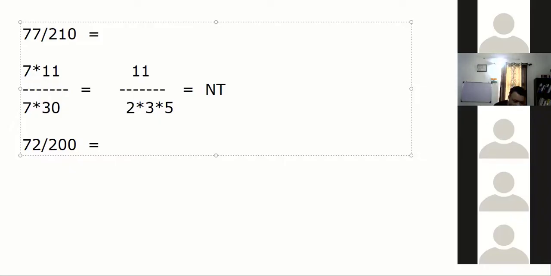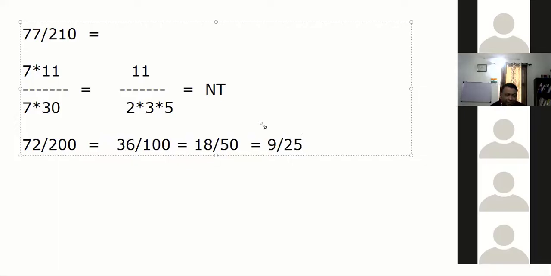Tell me. Iskan, terminating, non-terminating? Sir, terminating. Why? You are right. Why? It's in the power of 2 to the power m and 5 to the power n. Because finally when you simplify, suppose I make it simplify 36 by 100, फिर simplify करो, I make it small 18 by 50, simplify करते जाओ 9 by 25.